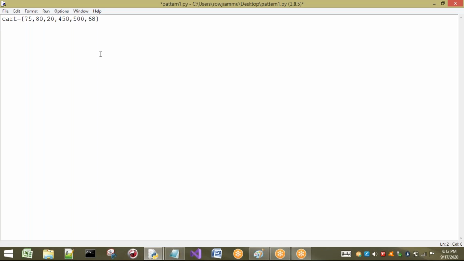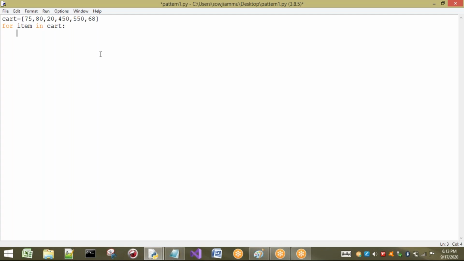So I have added what? 500 also. Let us take 550 here. If you are going to add any other value, we should not add that one. Other than that, if you are going to add any item more than 500, it should not be done. But I have added it here. Let us see what is going to happen. So first I have to check all the items from your cart. So, for item in cart.